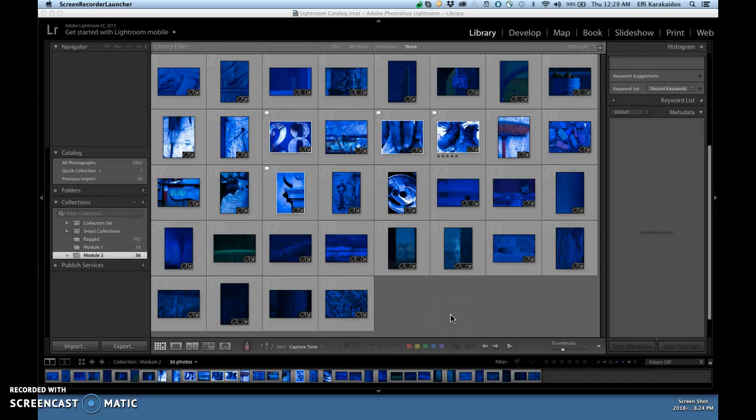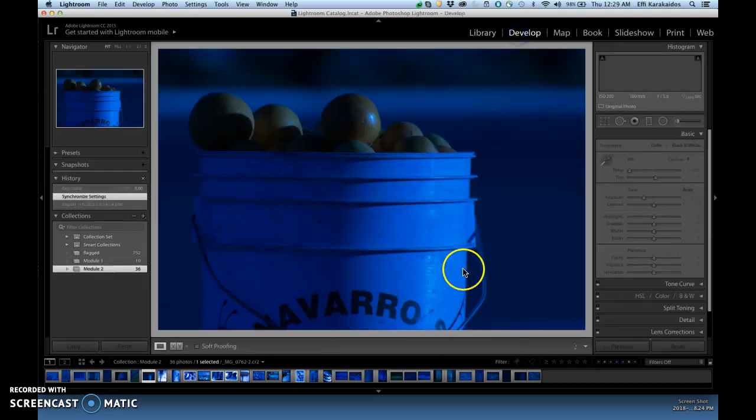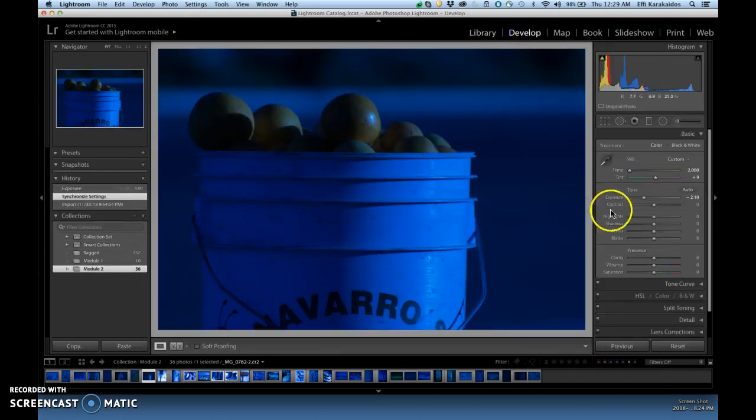Hello. Let's pretend that for an entire shoot, you had your camera settings just quite a bit off. Way too dark and way too blue. The white balance and exposure were set absolutely incorrectly. What you could do is easily just make adjustments to each and every image as needed,